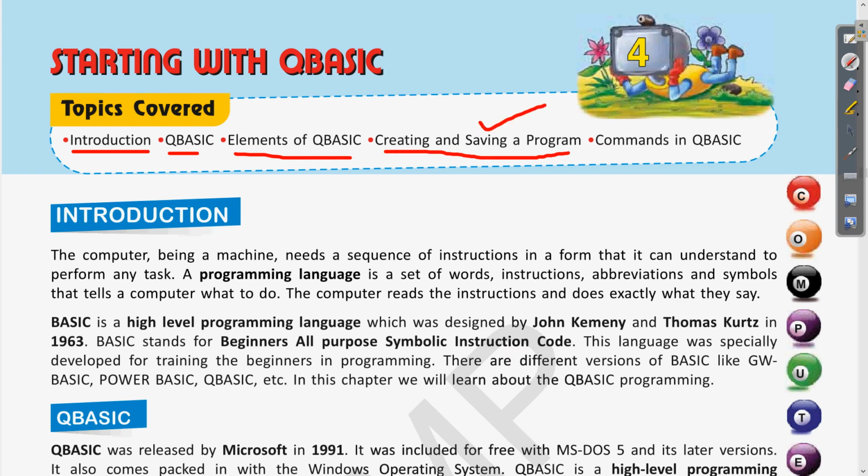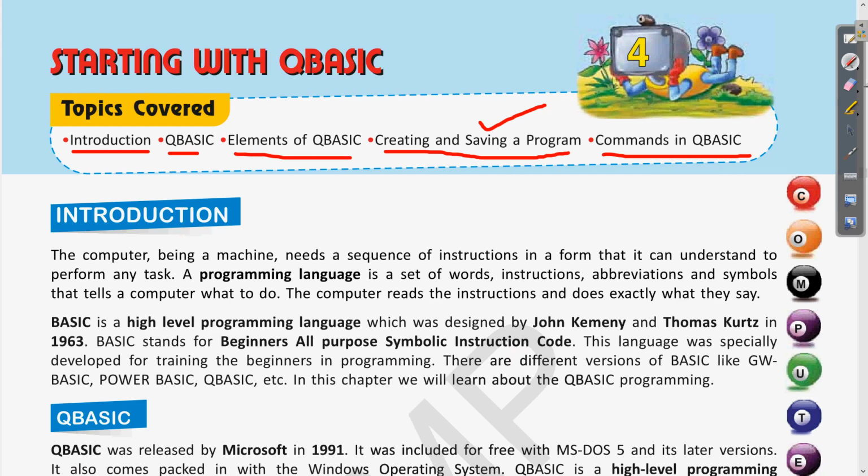So this QBasic is a software, you can say, a way or a program using which you can design some small programs and also we can save them. Then we will see what are the commands in QBasic, clear. So this is, you can say, a programming language in which you can write some programs. So now let us see what is QBasic, what is a programming language, what is a program. So all this we are going to see in this chapter.